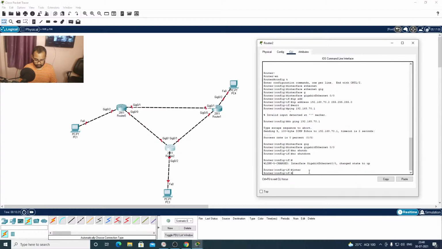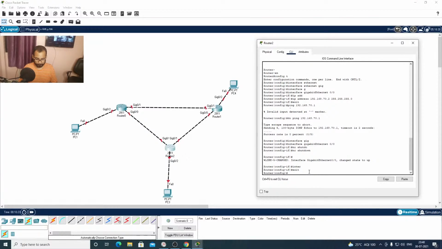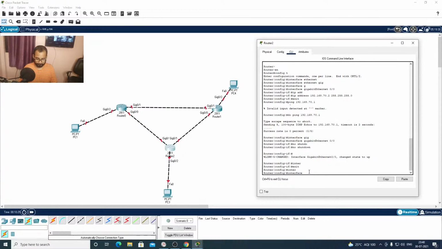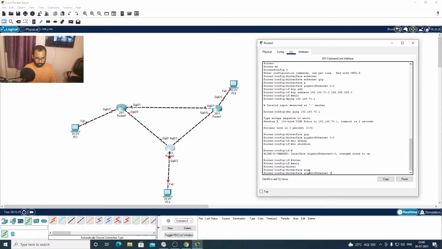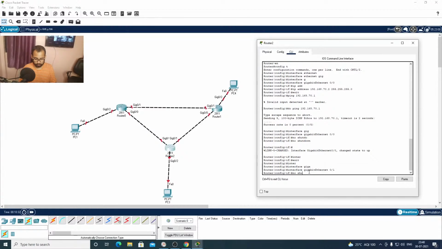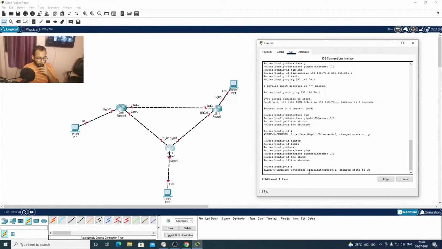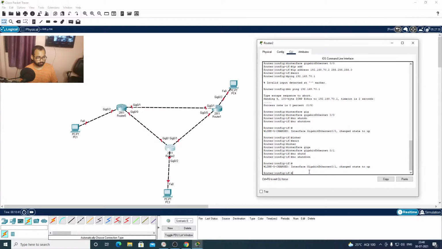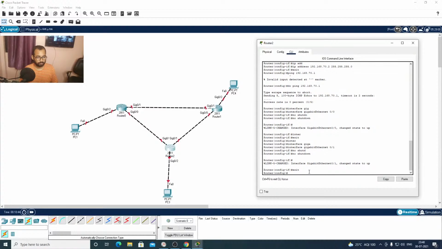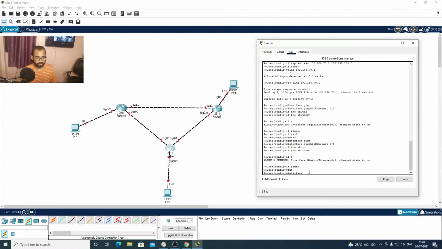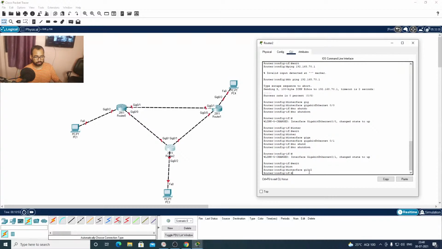So we'll select interface gig 0/1 and issue the no shutdown command again. Our interface gigabit ethernet 0/1 has also changed state. Similarly, we'll do it for gig 0/2. You can also write it in shortcut like this.